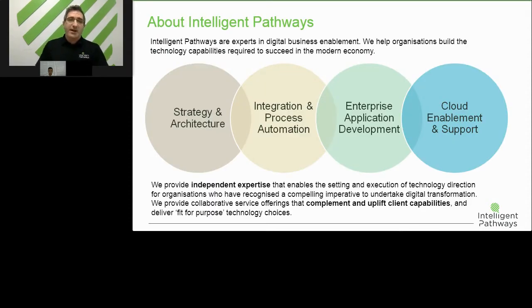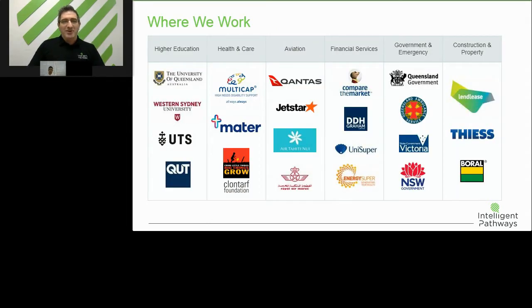So very quickly, I'll look at us as we're consultants and practitioners in the area of digital business enablement. We work straight across from end to end, working in the strategy and architecture space. And then from an implementation perspective, typically we focus on the areas of integration, process automation, and end-to-end application development. A really critical part of our approach, particularly at the strategy level, is that we apply a technology independent lens. So we want to make sure that what we're architecting, what we're solutioning is right for the business and what those end needs are.